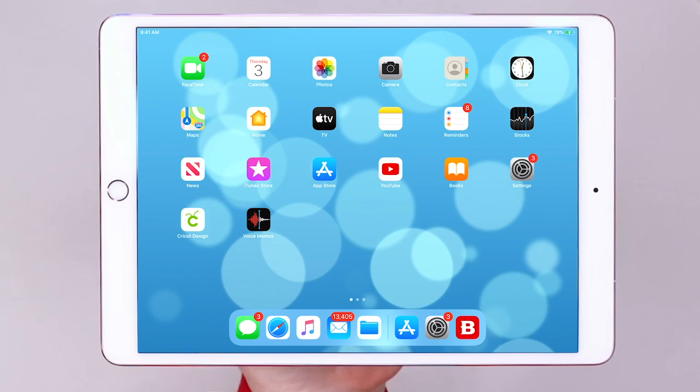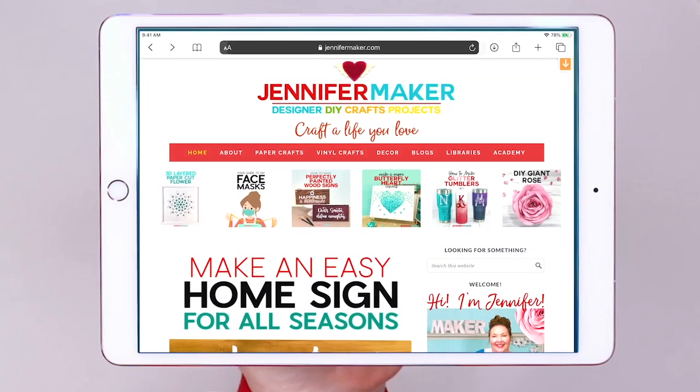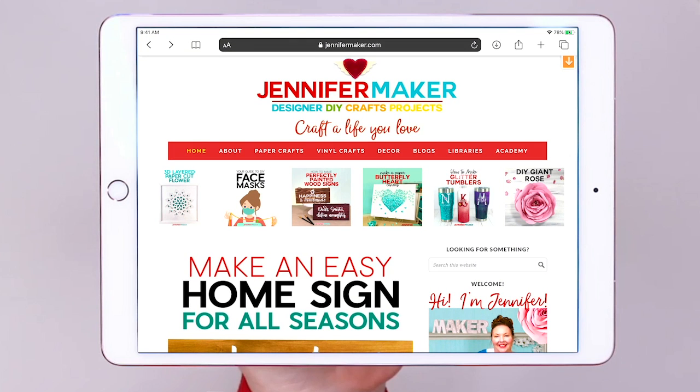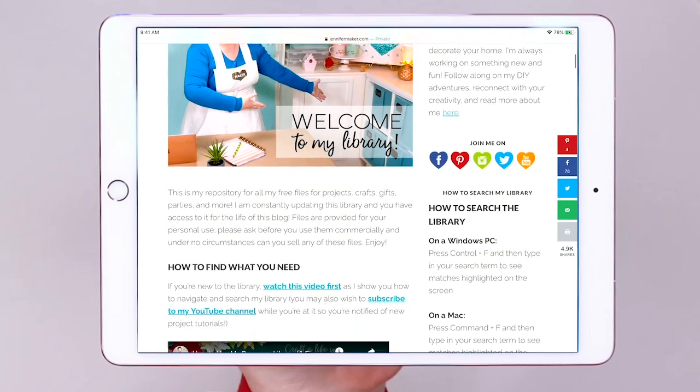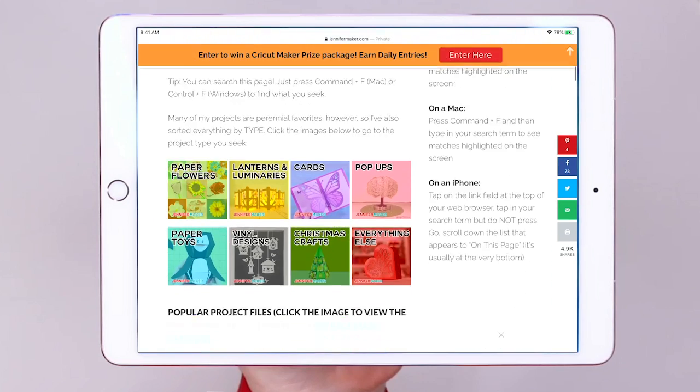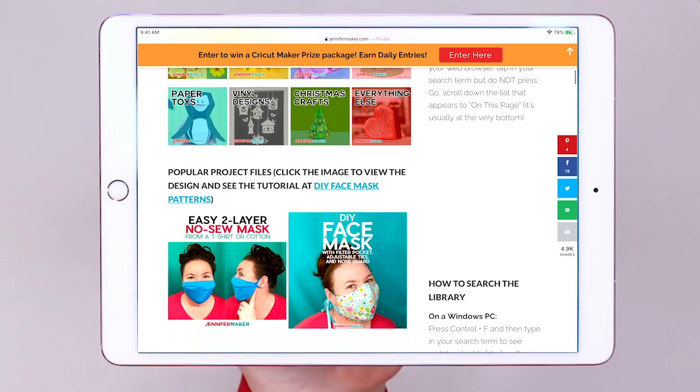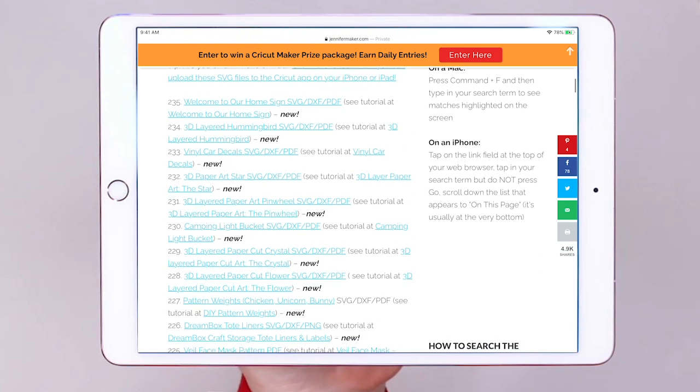Now we need to download an SVG cut file. Tap on Safari and go to my blog at jennifermaker.com. From there, tap on Libraries over on the right and enter my library. If you don't have a password yet, you can request one free on the same page. Once you're in the library, you can scroll the page down to look for the file that you want, but